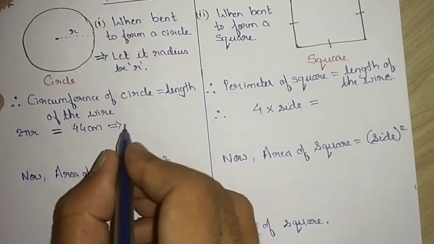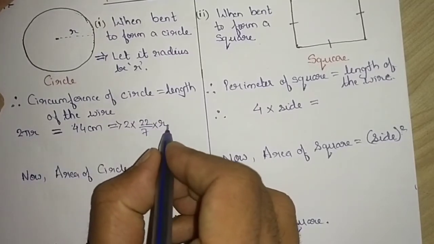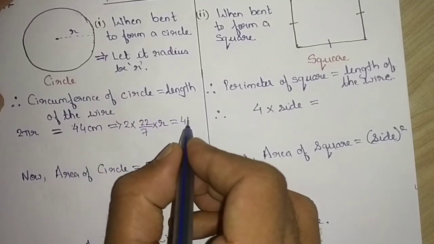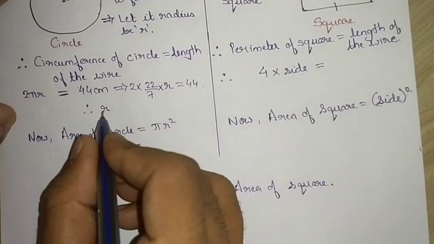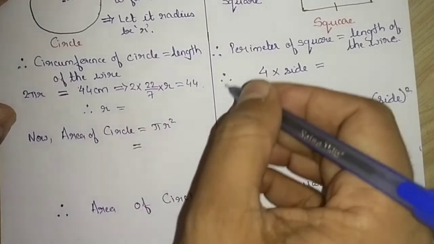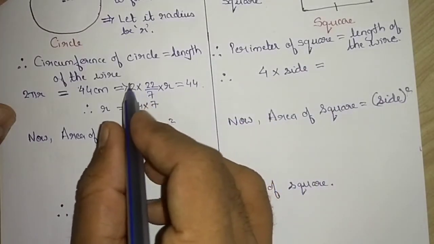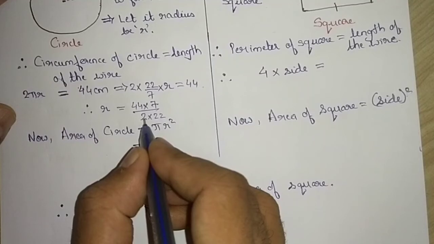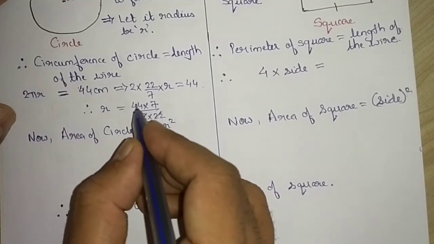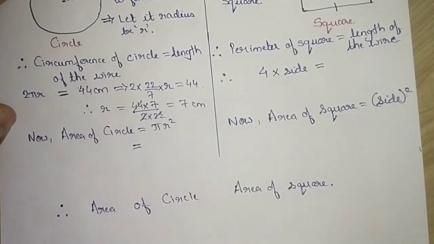We will place the value, pi they have given is 22/7, r they have not given, and the length of the wire is 44. Therefore, we are supposed to find the radius, so we will keep r as it is. All the other values we will take to that side. While taking to that side, division will become multiplication, and multiplication will become division. You can see 22 into 2 is 44. So 22 2s are 44 and 44 in the numerator. So I will get 7 centimeter as the answer. This is the first question they have asked.